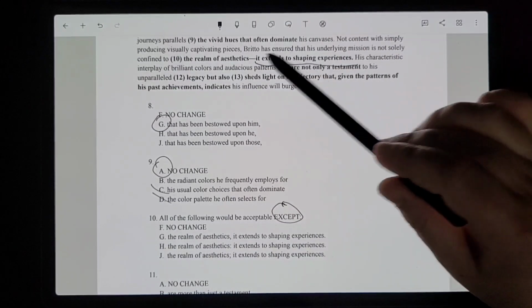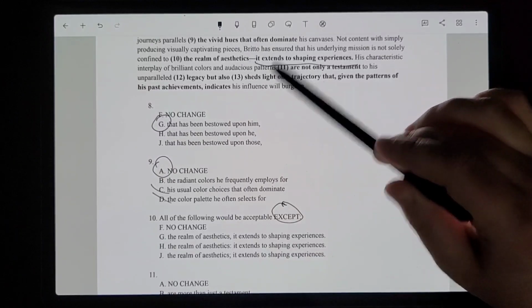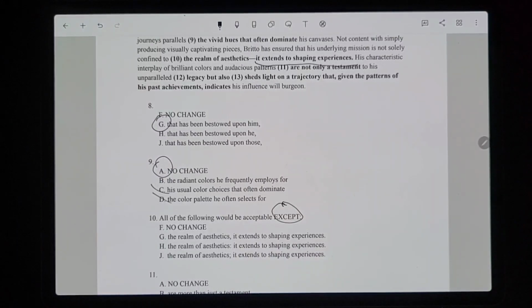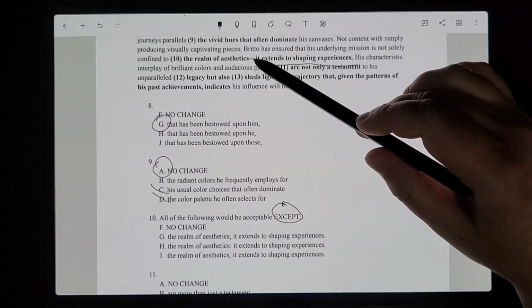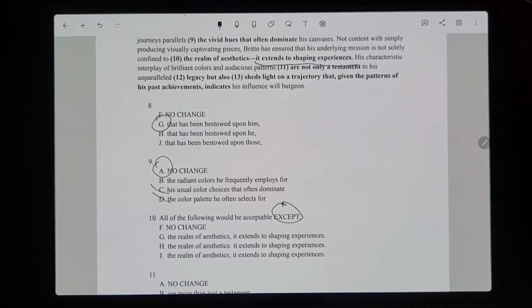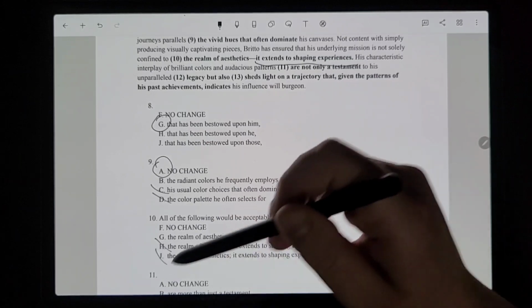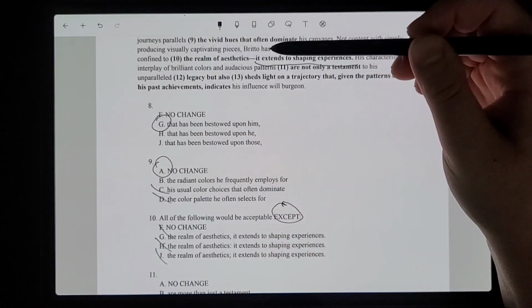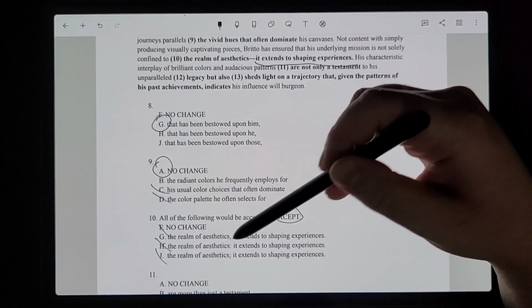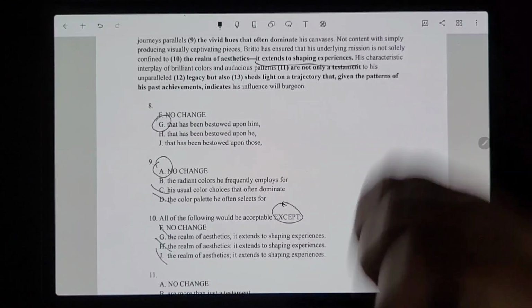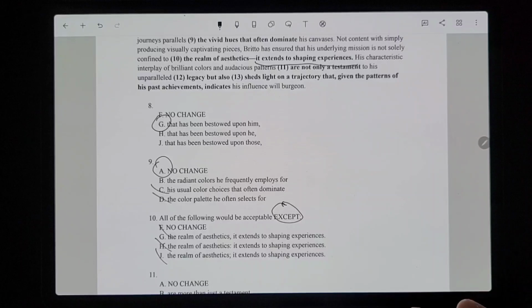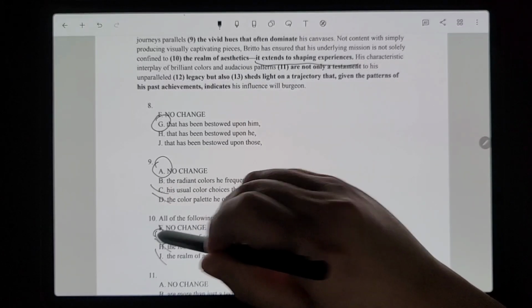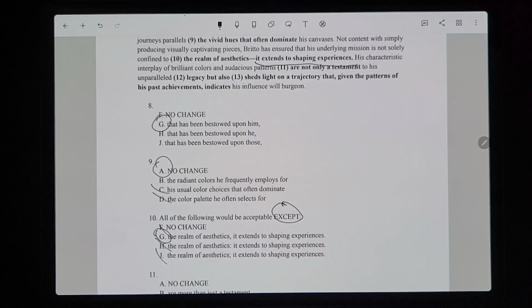So remember, whenever we have an independent clause followed by that extra clarification or explanation, we can put an em dash in between, or we can put a colon in between. Those both work. So H and J and F would all be acceptable. The one that wouldn't work is G, because we can't connect two independent clauses, two things that could be sentences, with just a comma. That would be wrong, so that's why we have to pick it.